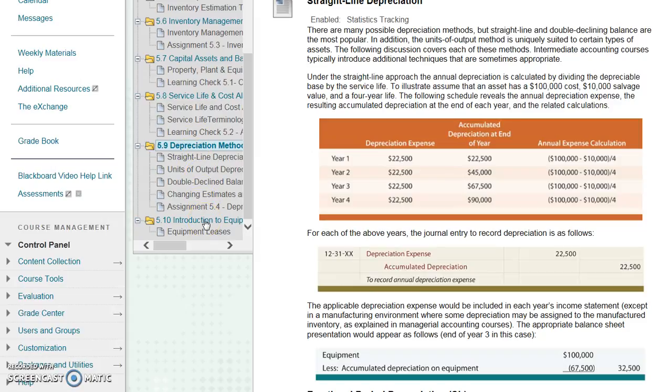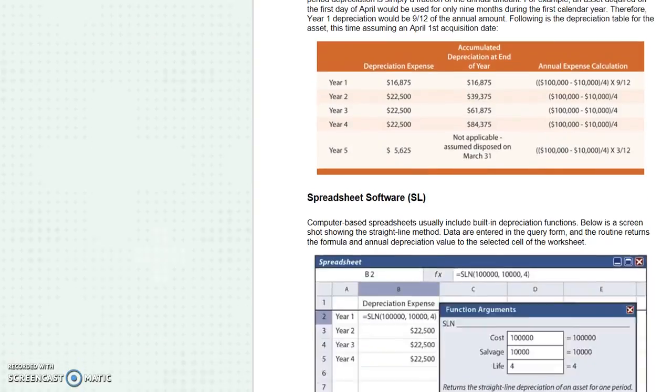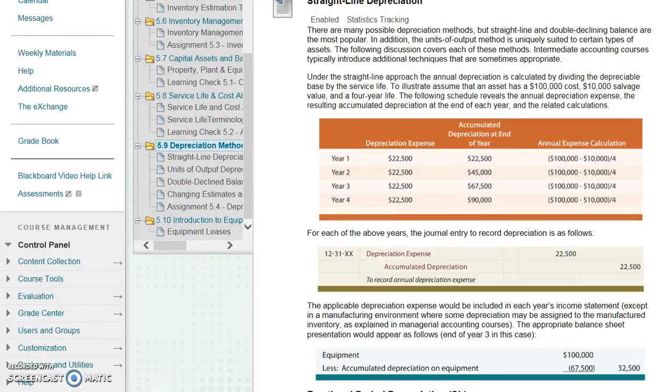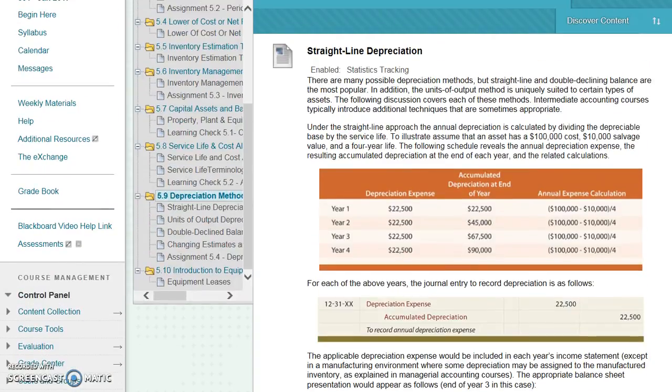You're putting a few numbers into a formula to determine how much the depreciation is. Even if you don't want to stick the numbers into the formula, the content for this week shows you how to use Excel to calculate two of the methods of depreciation. So depreciation is the using up of an asset.